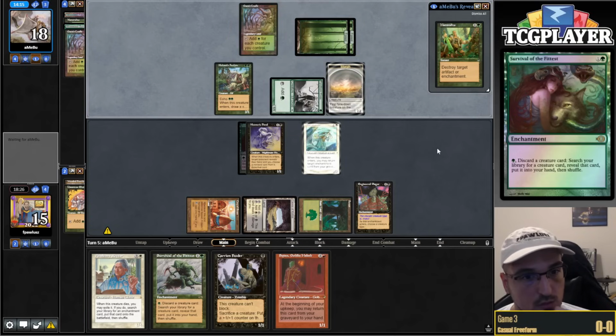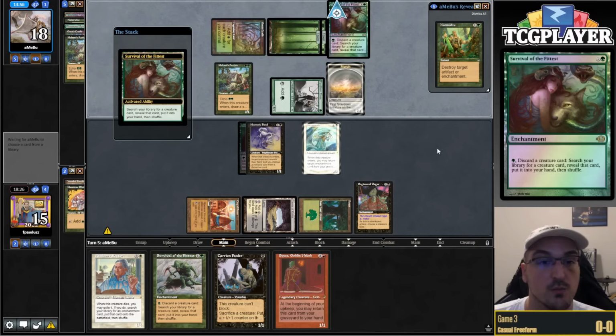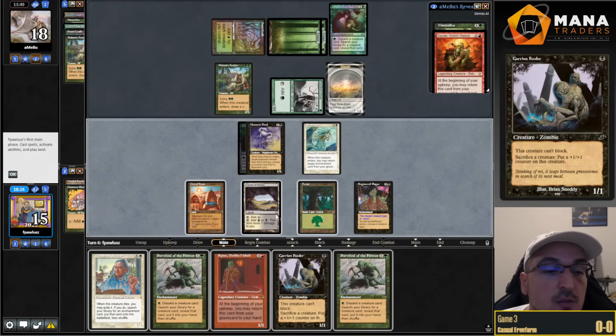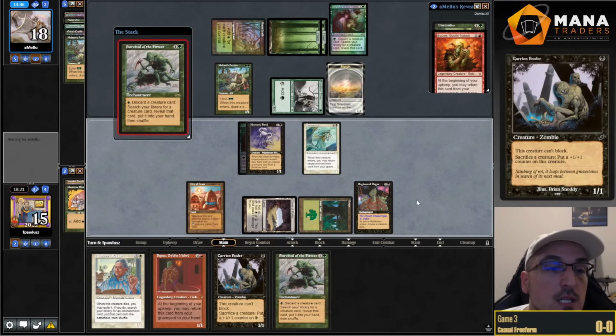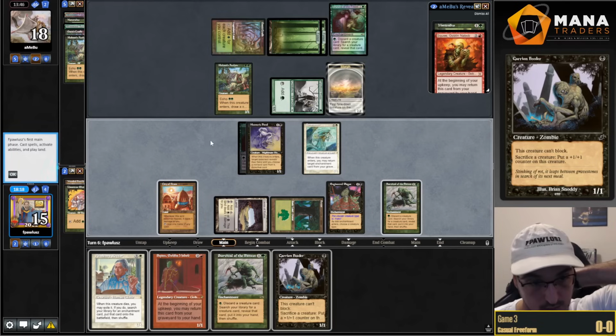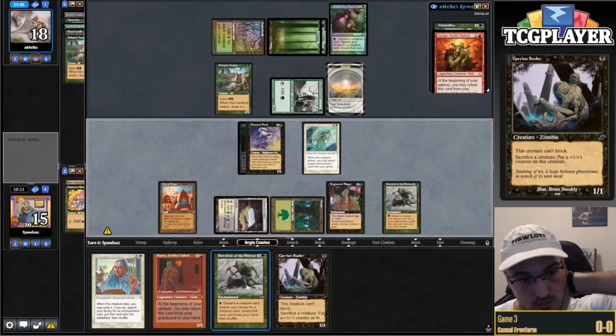Morph. And another Cradle. And Survival. Man, some good draw steps over there. Yikes. That's so bad for me. We cannot, for the life of us, find anything over here. And our opponent's drawing nothing but gas. A little bit unfortunate. Guess we're gonna have to spend this turn just